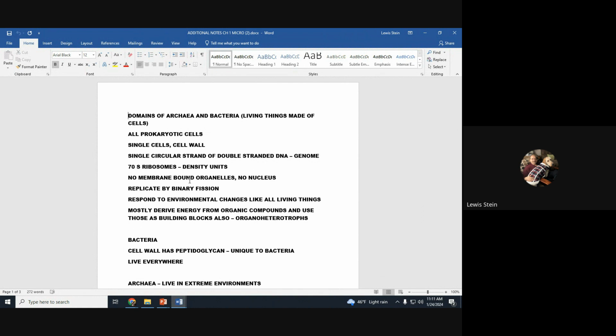And so they can compact this single circle of DNA. The DNA isn't any different in living things. Our DNA and their DNA still has A's, T's, G's, and C's. Their RNA still has uracil instead of thymine. So it's not a whole lot different. It's double-stranded DNA, just like ours. You have two strands that are anti-parallel, one points up, one points down, except ours aren't just sitting there with open ends freely. They're all attached to one another. That's all. So it's double-stranded DNA.